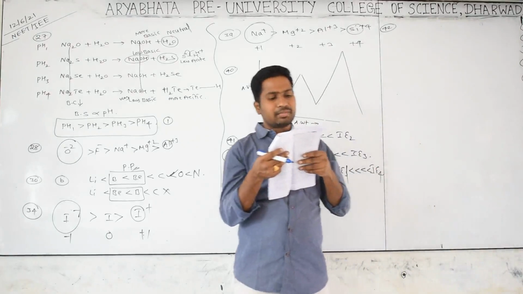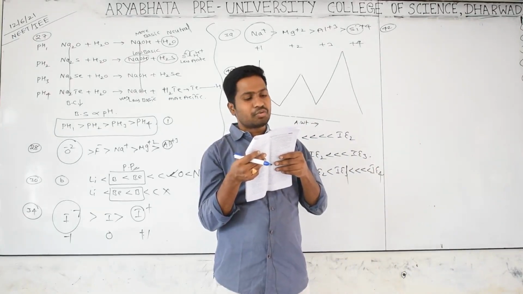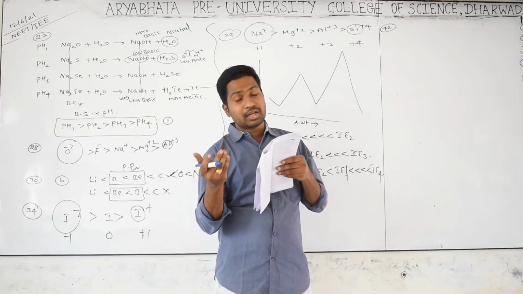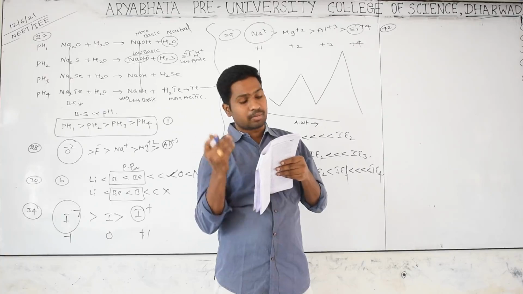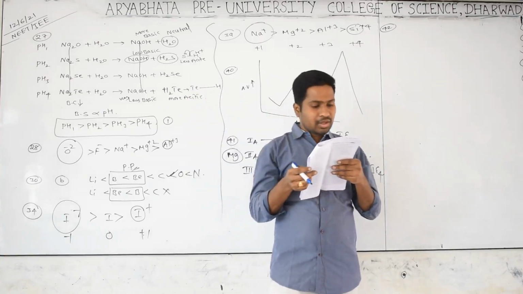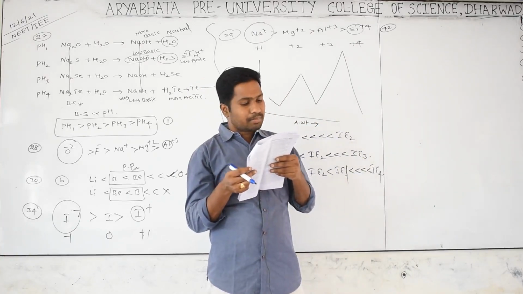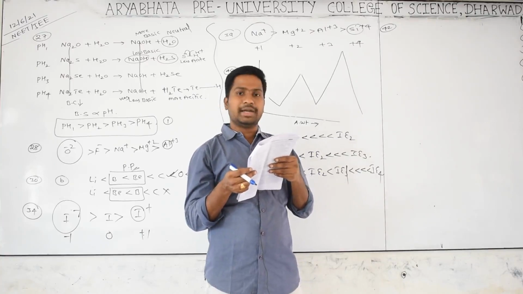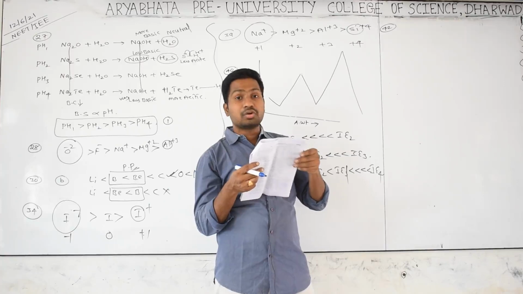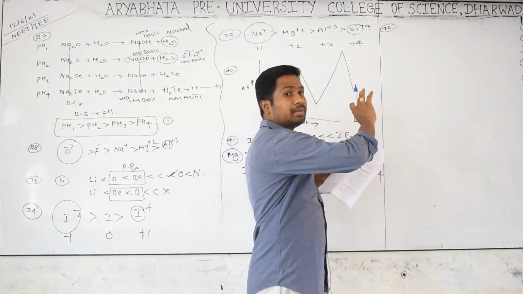And go for 41. Which of the following sets has strongest tendency to form anions? Anion means a negatively charged particle has to be formed, means electronegative element, means non-metal. Which are non-metals? Nitrogen, oxygen, fluorine. You can get it. And elements of which of the following groups will form anions most readily? So it is asking about the groups. Anions means electronegative elements. Electronegative elements means p block elements.